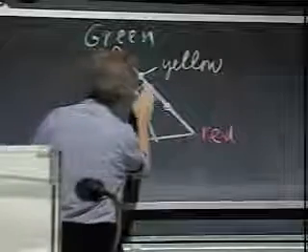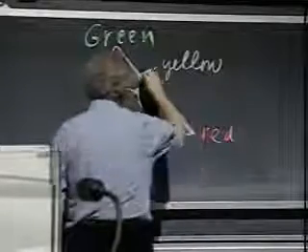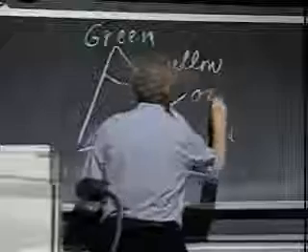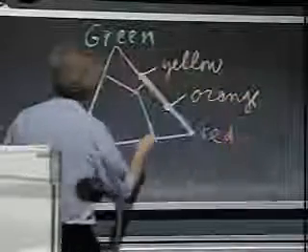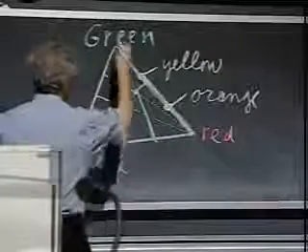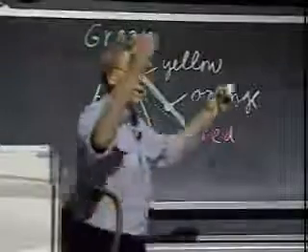So I could make orange here by simply increasing the amount of red. Oh, this should not be violet, right? This is green. Oh, you should have yelled at me. So this is green. And so if I want to make orange here, then I simply have to give it more red and less green. And if you go to an extreme and you want to make white light, and you go bingo right there in the middle, well, then you have to give it this much red, this much green, and this much violet. And that's the idea that we just saw. You mix all the colors, and we mix up your brains as well, and your brains then say, gee, yeah,